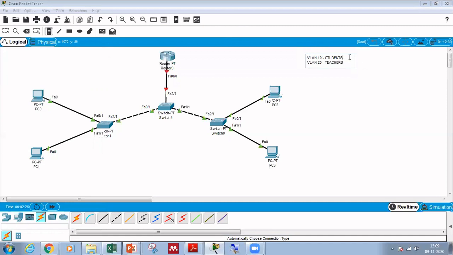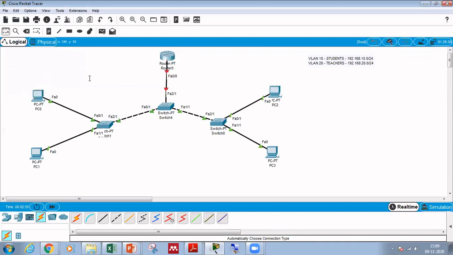VLAN 10 belongs to 192.168.10.0/24, and VLAN 20, the teachers, belongs to 192.168.20.0/24. So these are the two VLANs and the two networks that are going to operate in this topology.